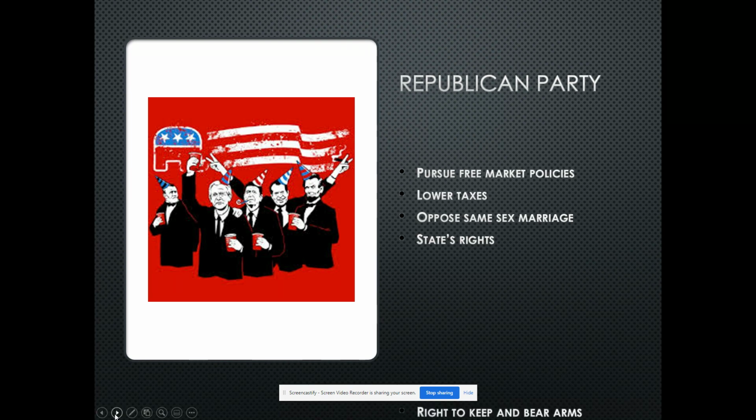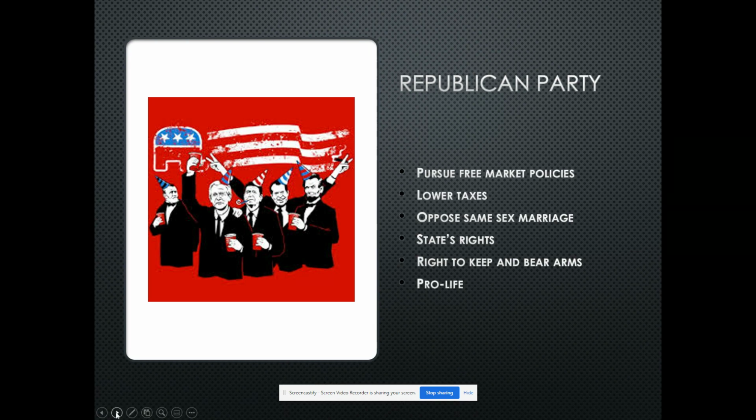Right to keep and bear arms, a Second Amendment fundamental right to keep and bear arms for self-defense, for recreation. It's not the government's job to come in, not something enshrined in the Second Amendment. Whether you like it or not, it is there. Pro-life too, opposed to abortion. And oppose any sort of amnesty, any sort of citizenship or path towards citizenship or waiving laws for anyone that is not in the country legally.